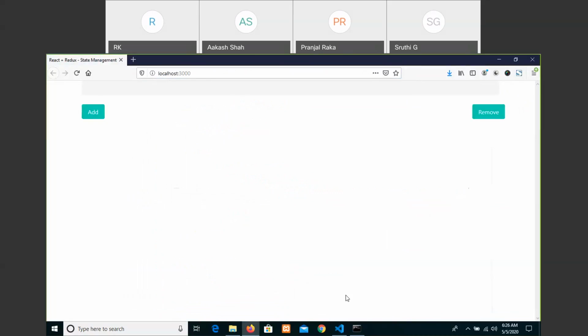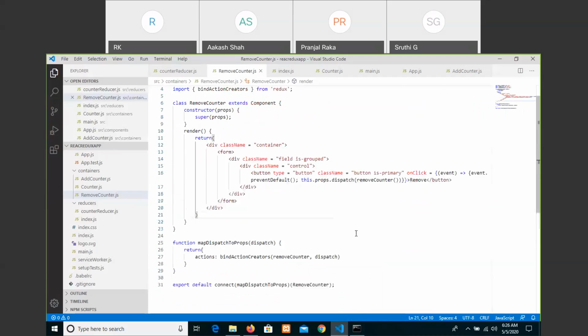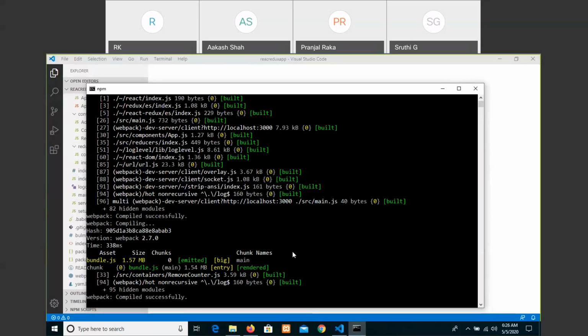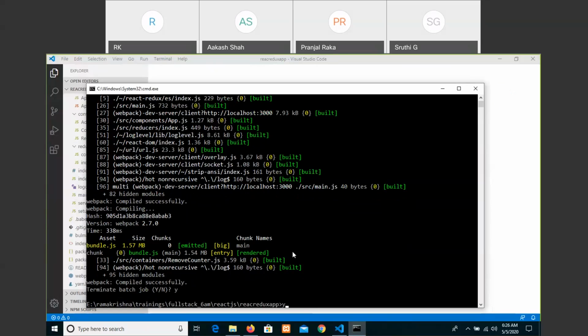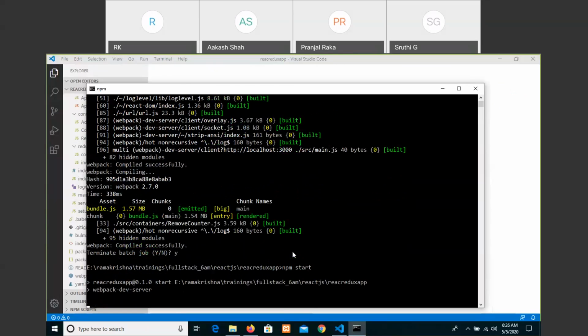The output is not displaying. Let us do one thing, let us just re-execute once again.